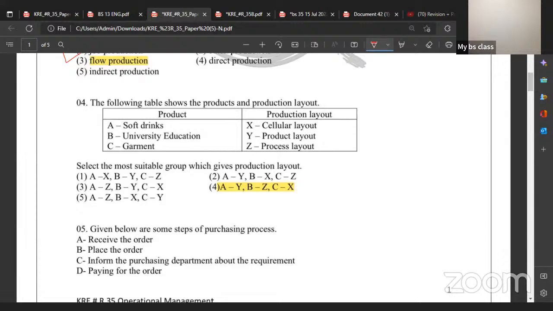Because if you watch a video of the production of soft drinks, the layout flows from one workstation to another in a linear manner. Most of the cases you might have seen the production of Coca-Cola, production of Pepsi, right? So soft drinks always have a linear way that from one particular place it will be transferred to another workplace. So if we think in that manner, coming with A to Y, and for garment manufacturing, guys, it's